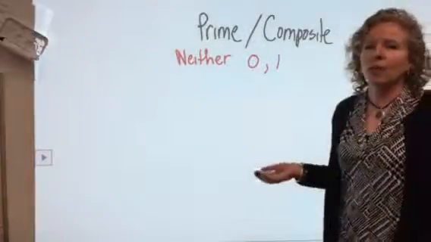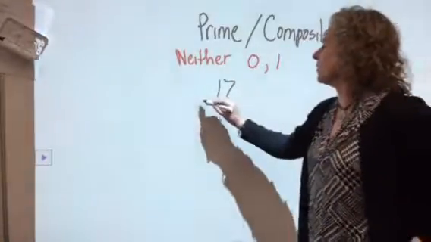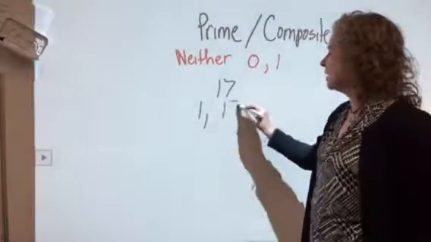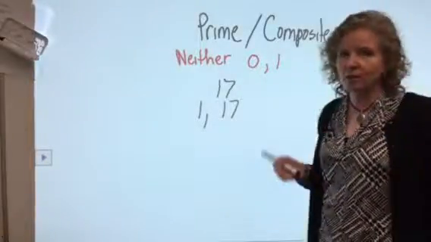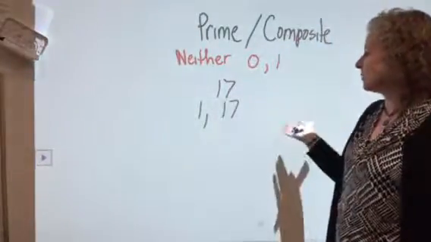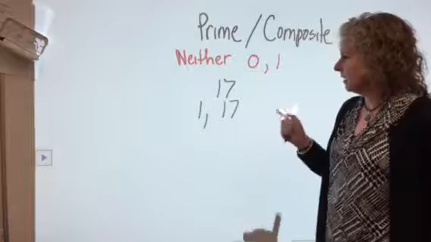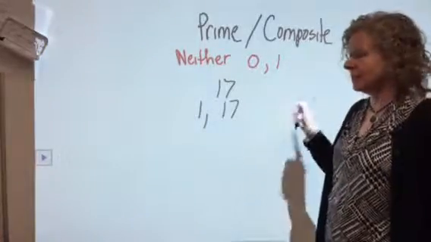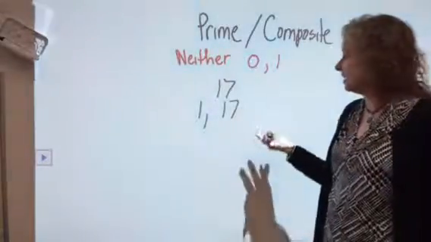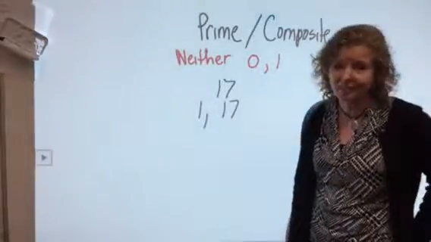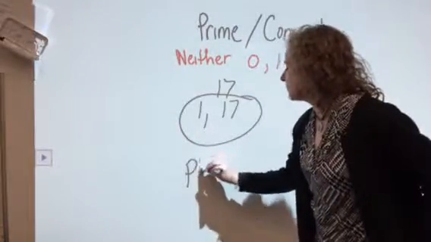But what you do is you just have to think of a number, 17, and decide, okay, is it prime or composite? What are the factors of 17? We always know we start with 1 and 17. 2 is not because it's not an even number. 3, no, 3 times 6 is 18. 4, no, 4 times 4 is 16. 4 times 5 is 20. 5, 10, 15, no. 6, 12, 18. 7, 14, 21. 8, 16 and 24. 9, 18. 10, well, guess what? We're over halfway to 17, and the only factors that we found were 1 and 17,